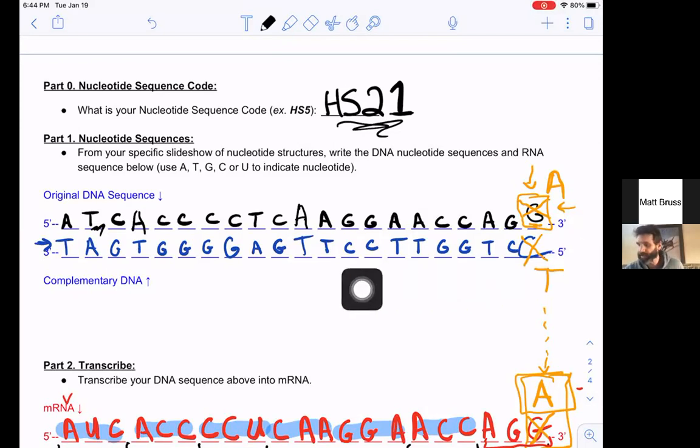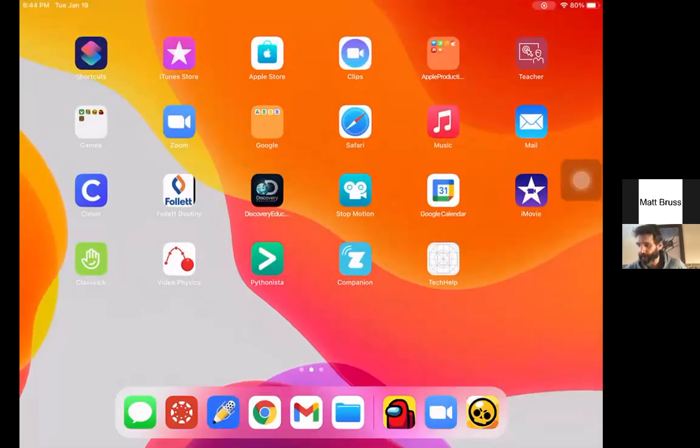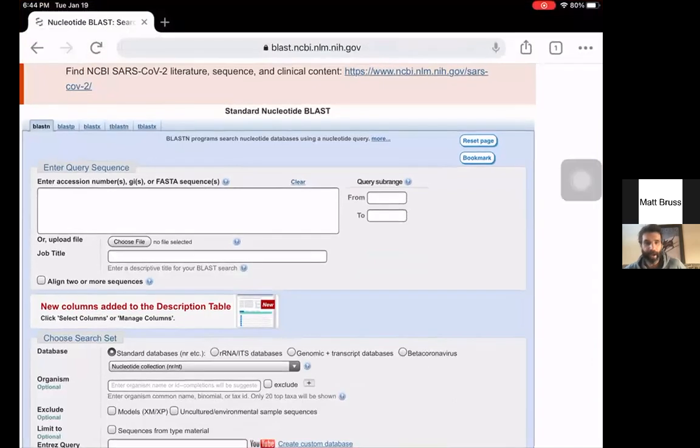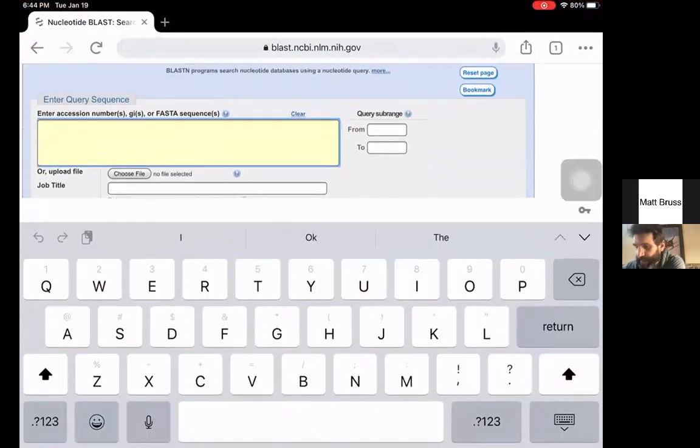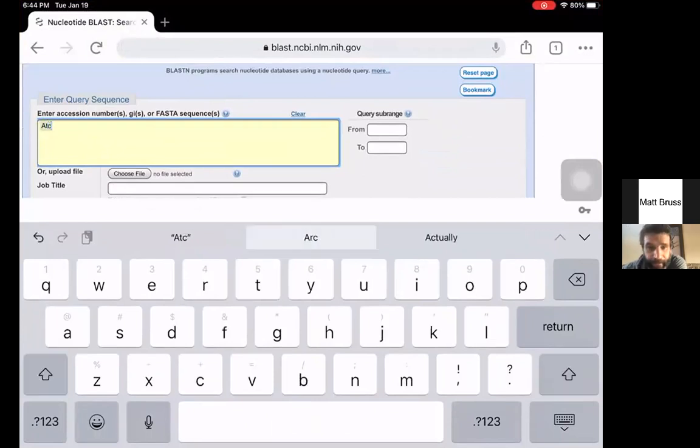Maybe you have your sequence written down somewhere, or you have another device that it's on. Or if you've had it typed in somewhere, you can just copy and paste it. I don't have any of those options, but I have it on my computer, so I'm going to go take a look at it from there. Okay, so I'm back over to NCBI BLAST, and my sequence is ATC,